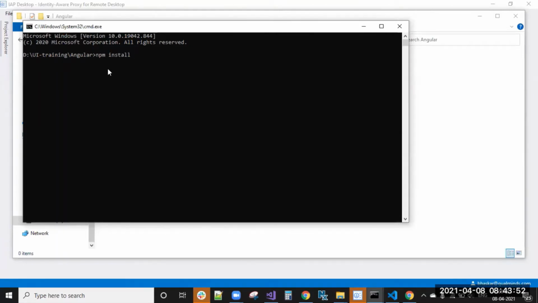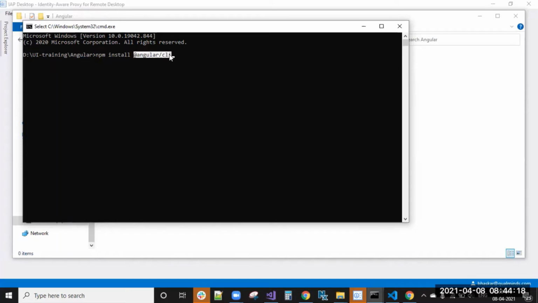The first thing we need to do is npm install Angular CLI. Just as the Node package manager contains all the package-related information, the Angular CLI will have the commands to run an Angular project.